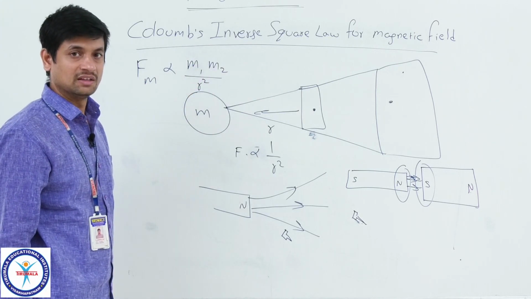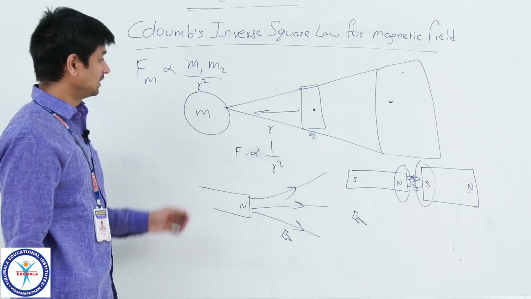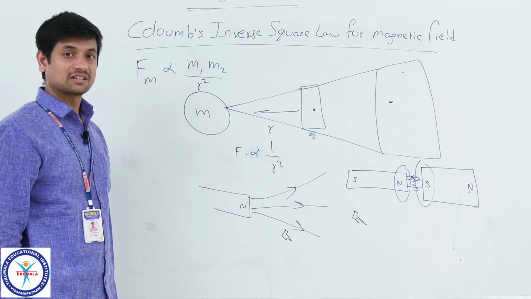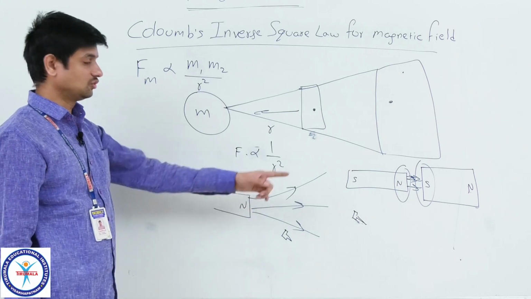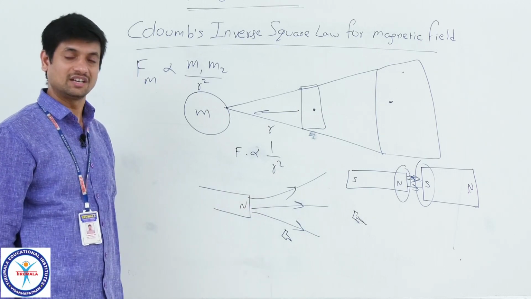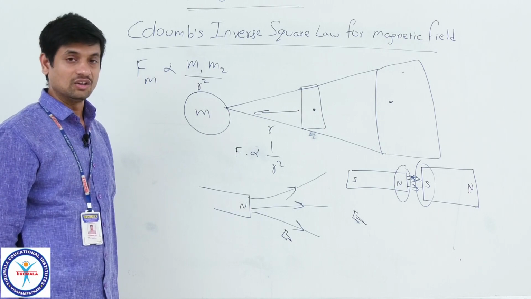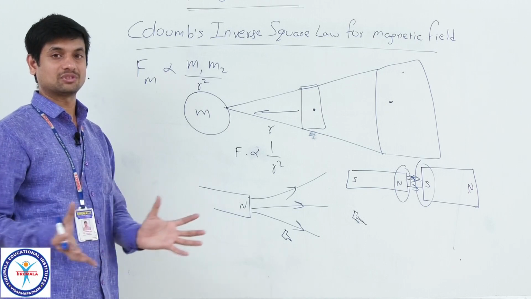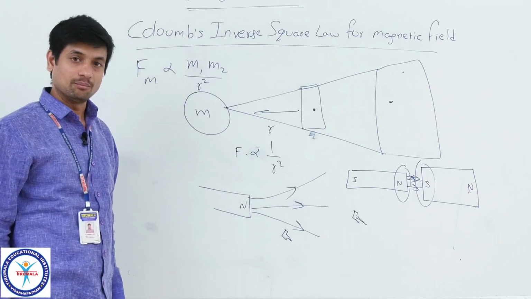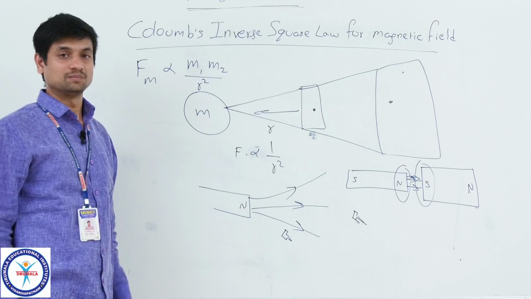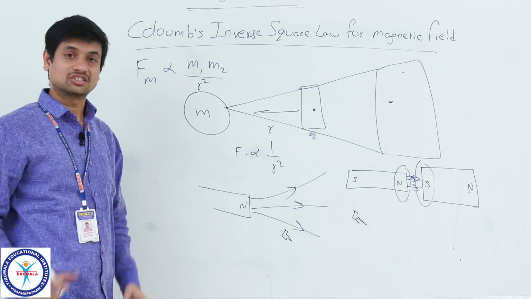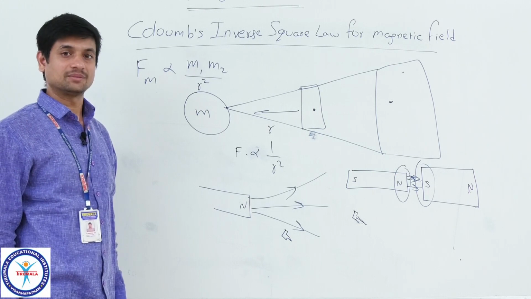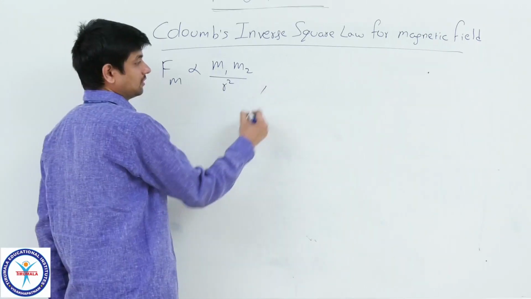Why are we applying inverse square law? Because this force arises from the field concept. What is that? Magnetic field around one source. That is a 3D field, not a 2D field, not a plane. It's a 3-dimensional field around any bar magnet or any magnetic material or any planets, stars, moons. These all will be considered as magnets in the universe.